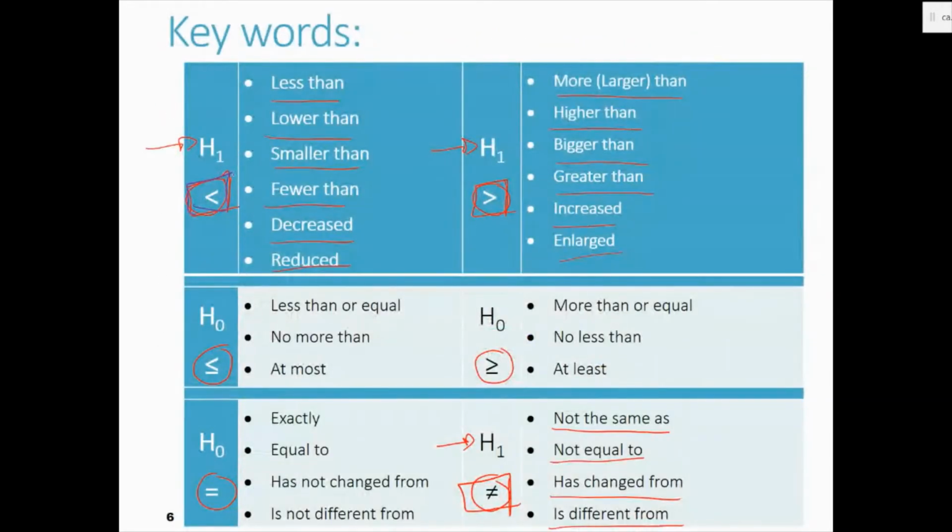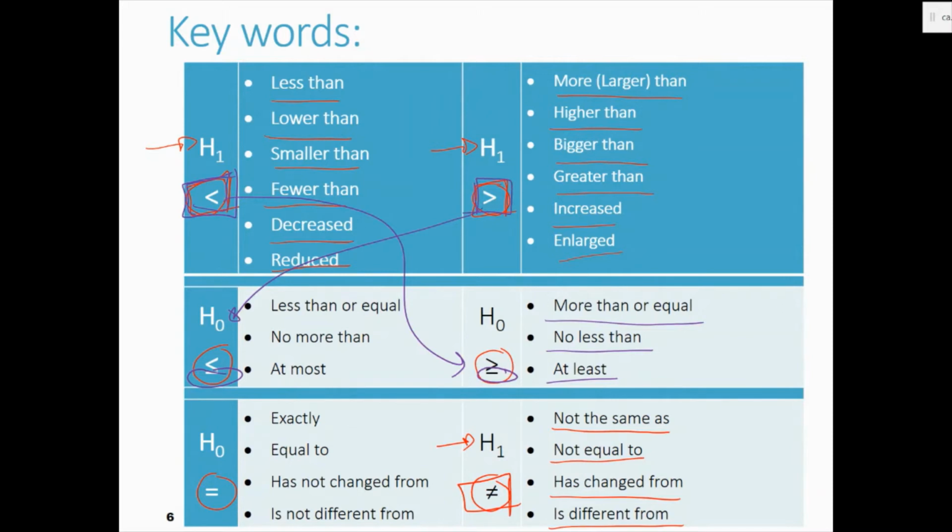So if the exercise is giving you less than for H1, then by default, your H0 will be more than and equal to. And this more than or equal to will be signaled to you in the exercise if they're talking about more than or equal, no less than, at least. Now, if you're talking about an H1 where it is more than, then by default, your H0 will be the opposite, less than or equal to. All the equal signs are always part of